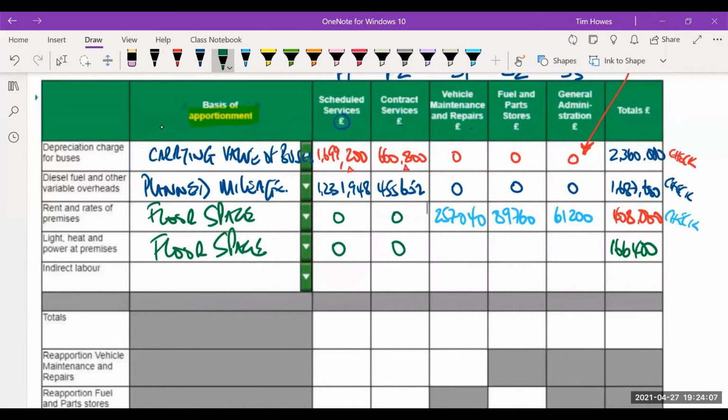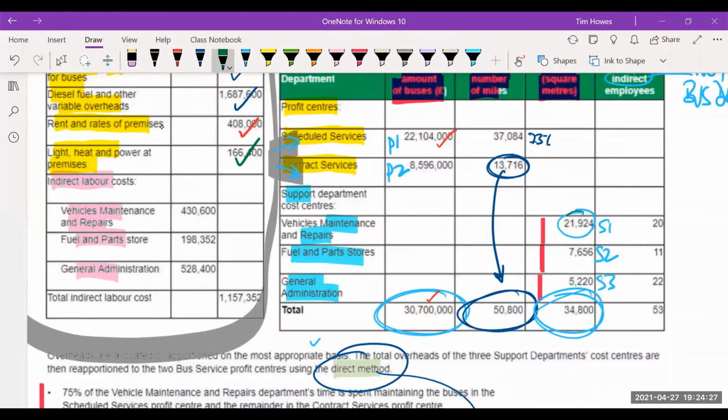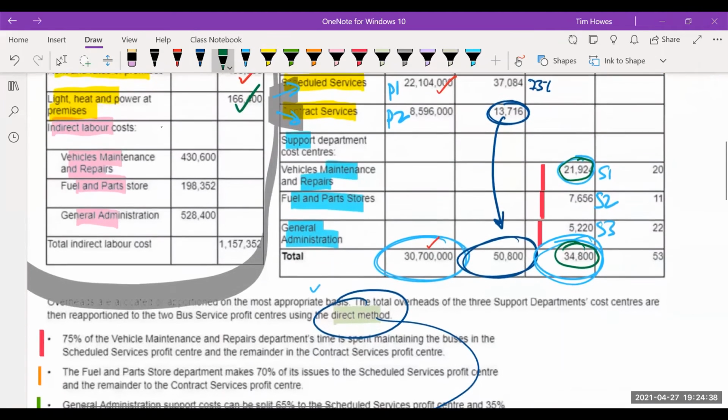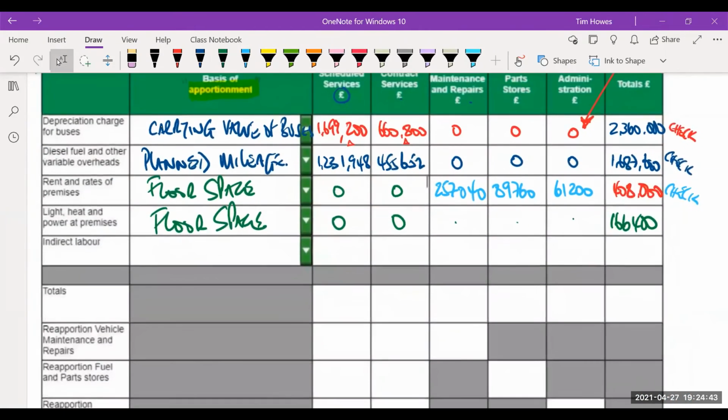All right, noughts in here, exactly the same proportions, because we're using the floor space to allocate it again. So the relevant proportions will go into S1, S2 and S3. Again, let me just treble say it. We're going to take 21,924 from the total of 34,800. That proportion of the 166,400 will go to S1, and then S2 and S3 in exactly the same way that you shared that out. Now, as I said, let me know if you don't understand where any of the computations